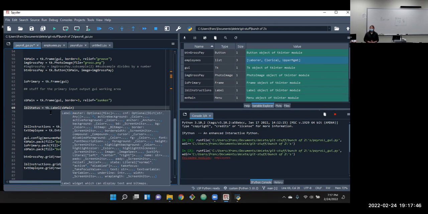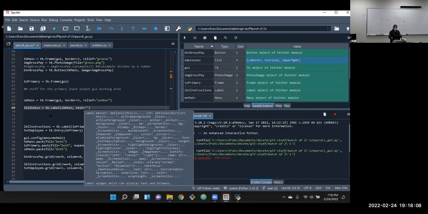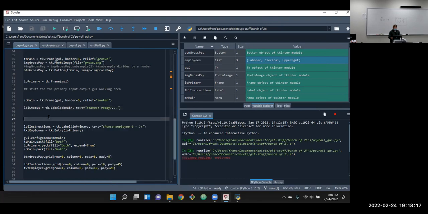This is not on the one that's on the screen right now, but you probably noticed that most status bars anymore have at least 3 defined sections. We have a left, middle, and right. So you might want to do that on your status bar, do 3 different ones so you can give different information in each one. So it goes in the status bar main. Text is going to be status. I'll put ready and some dots.